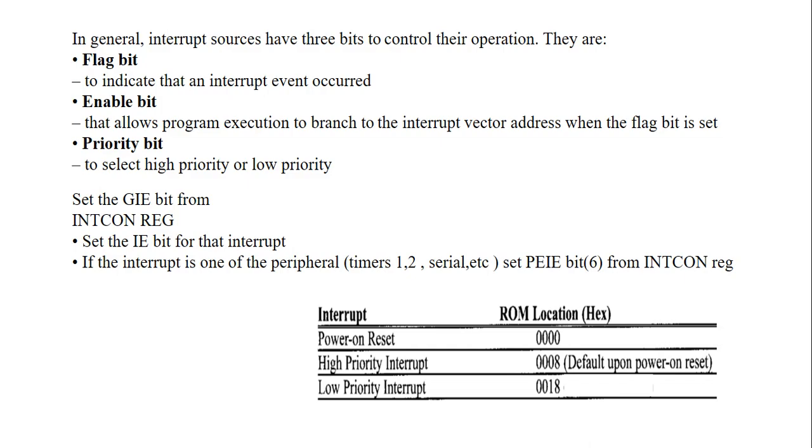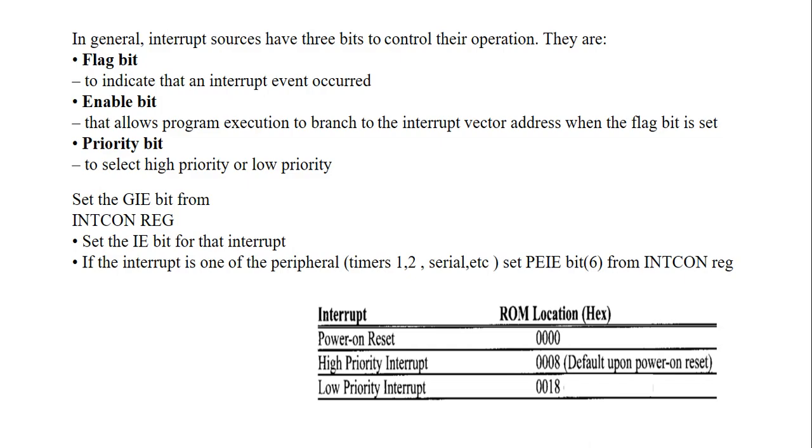We know that in the program counter some memory is assigned for the interrupt vector from 0008 to 0018. For high priority it is 0008 and for low priority it is 0018. The service routine for an interrupt is too long to fit into the memory space. For that reason, GOTO instructions are used in a vector table to point to the address of the ISR.